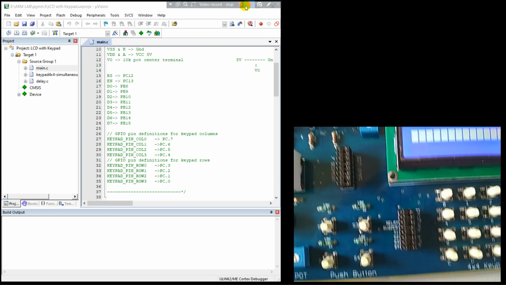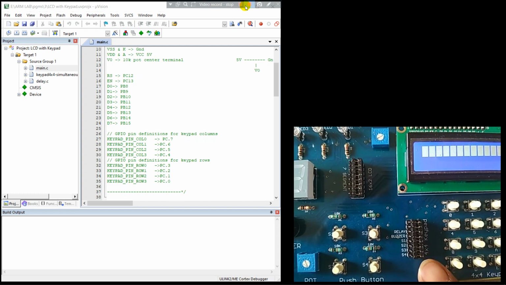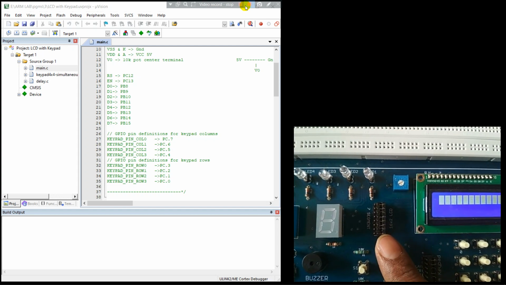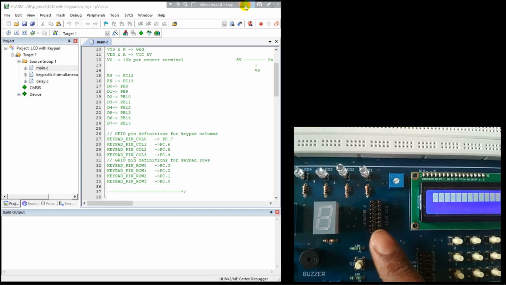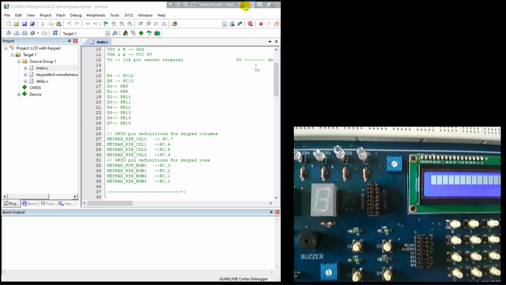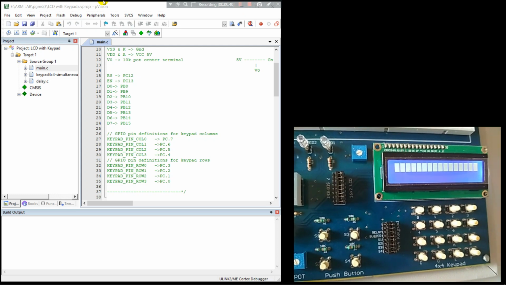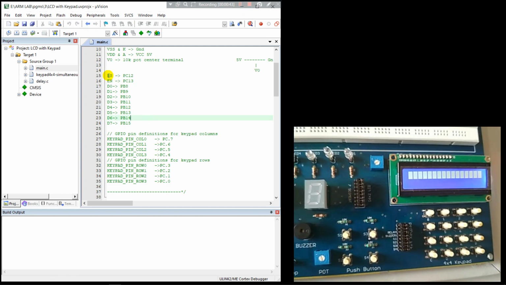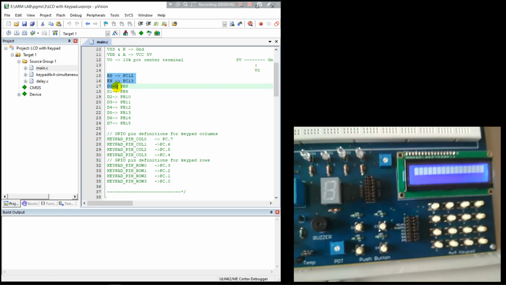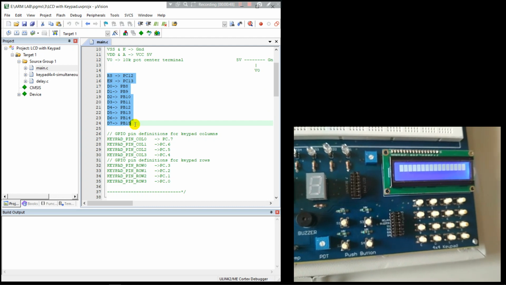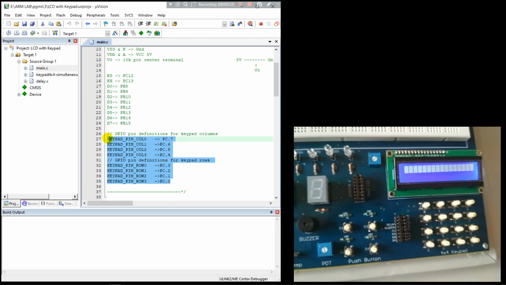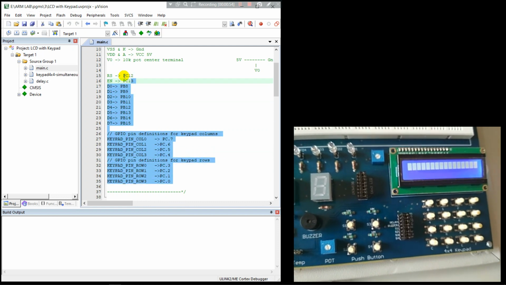Here you need to connect all the ports. If you observe here, all the jumpers should be towards the keypad, and coming to your LCD, all the jumpers should be connected to the LCD device. These are the two things you need to remember. Coming to the program, you need to observe which port pins we have selected for the enable and data pins, and which port pins we are going to select for the keypad. These two things you need to remember.